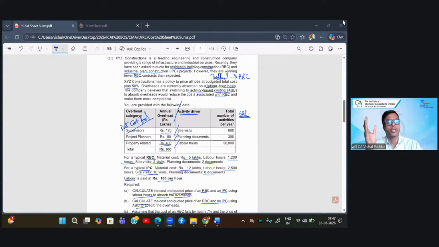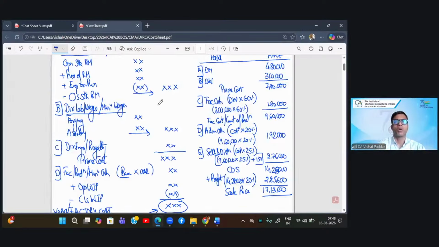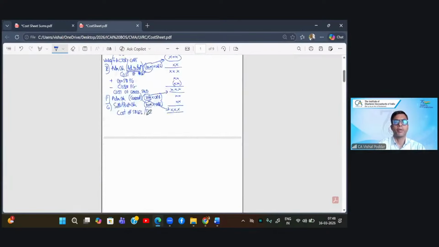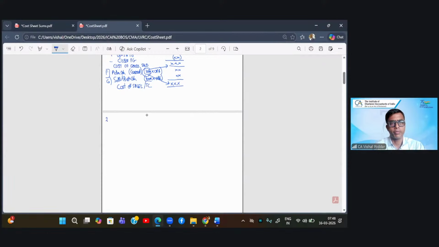So the end product of this question is cost sheet. So what you can simply do is you can first prepare the cost sheet. Now, when you are preparing the cost sheet, you'll automatically identify what is missing, and that you can compute. So I'll just show you. So see, many times when you're not able to understand from where to start the sum, which is a common problem, what, as I said, I'll suggest is prepare the cost sheet or the final product of the sum. So the final product of the sum is cost sheet,